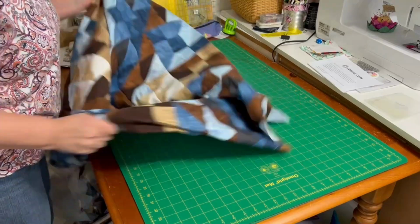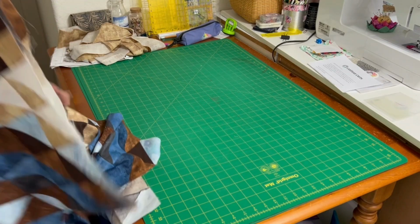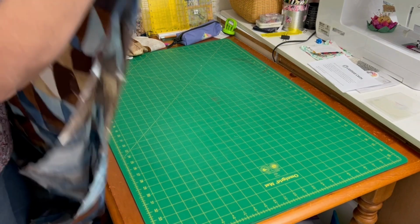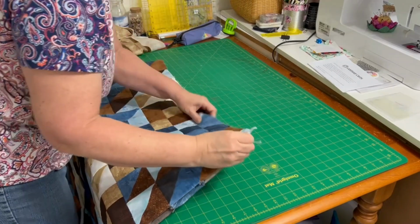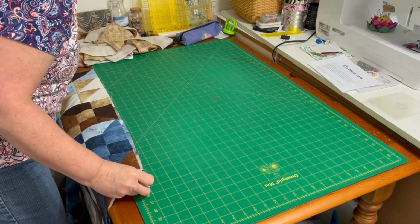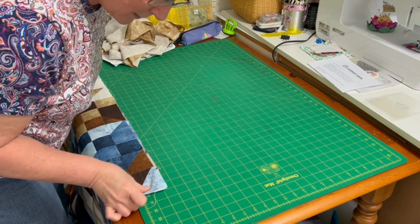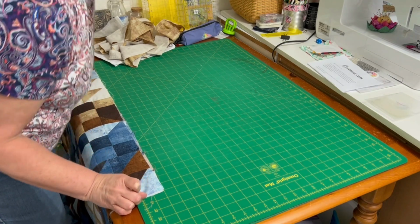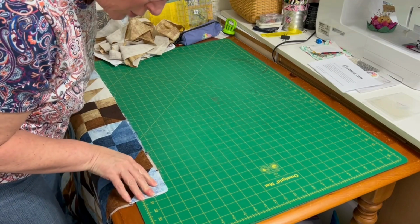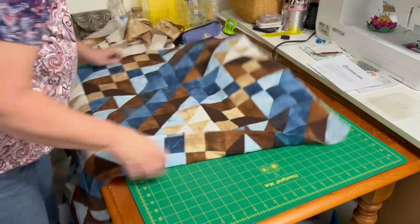Okay, once we've decided that our quilt does in fact need a border, we want to figure out how big that border should be. So the accepted procedure is to measure across the top, middle, and bottom and average those. So I just have my quilt folded in half so that I can quickly measure what that quilt is, and I'm about 60, you know, if I really stretch that out, I'm about 61 there, and then we'll do the same thing